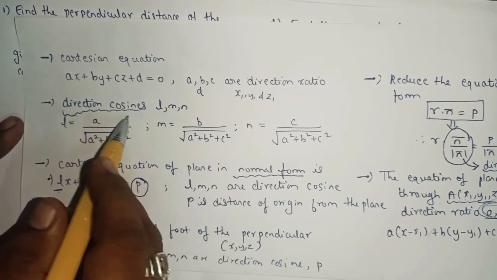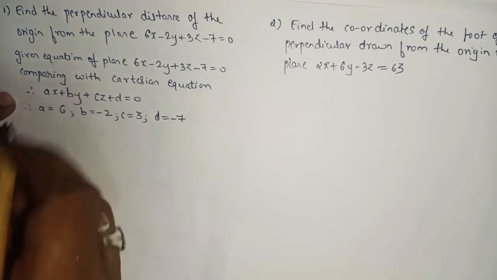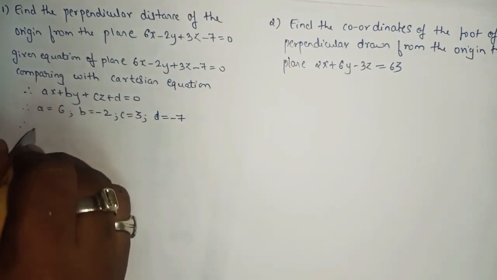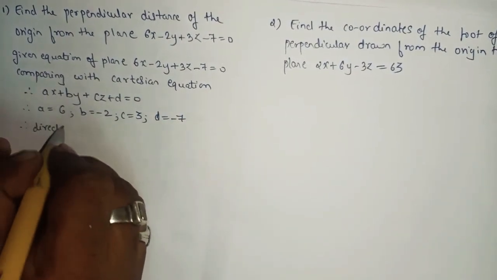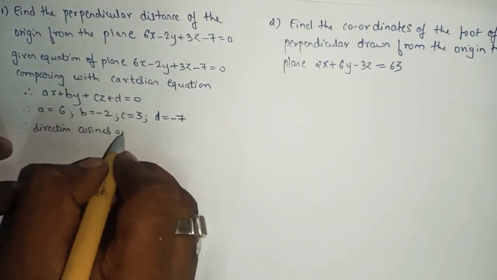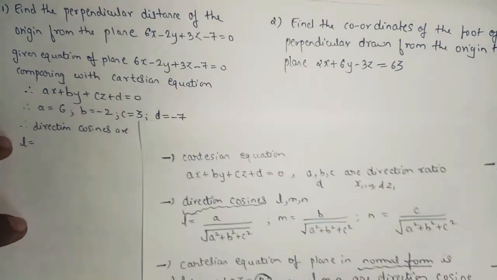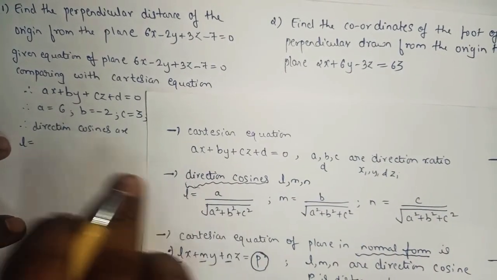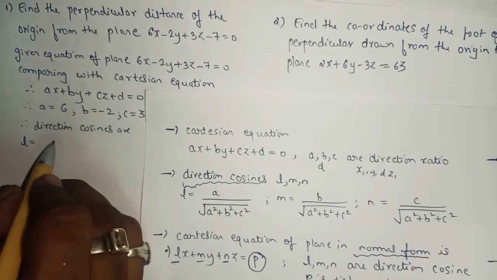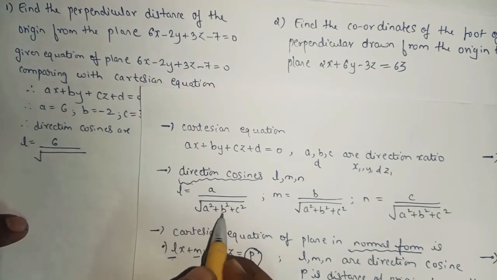To find the direction cosine, this is the formula: l equals a upon the square root of a square plus b square plus c square, so l equals 6 upon the square root of